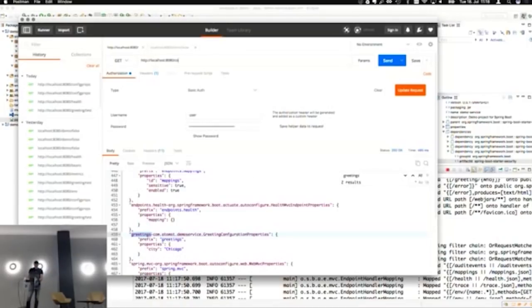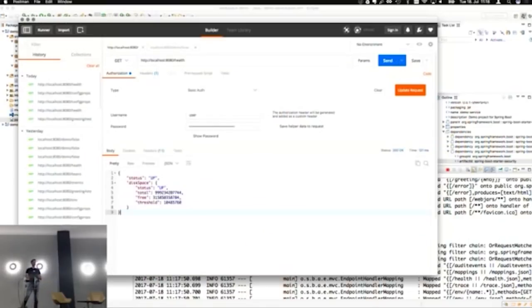Let's go back to the health endpoint real quick. Remember what we saw earlier? We only saw status up. Now that we are authenticated, we actually see a little bit more information here, which could be sensitive. So for example, when you use one of the data source support in Spring JDBC or Spring Framework, you will see what the state of your database is. And that also shows you some sensitive information. So what's your database version? What database are you using? So you certainly don't want to expose that to potential attackers.